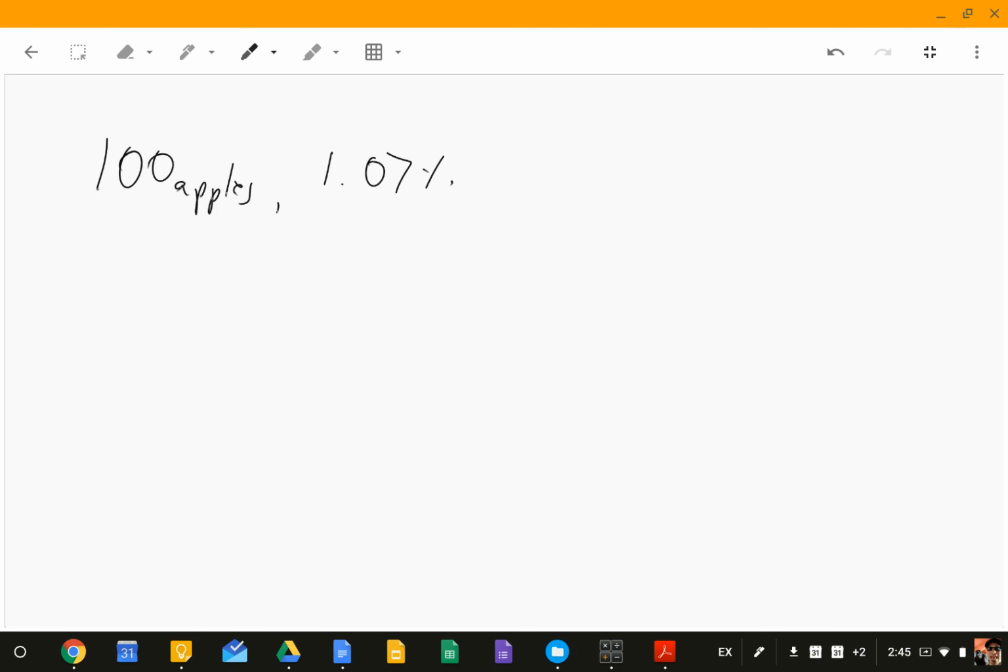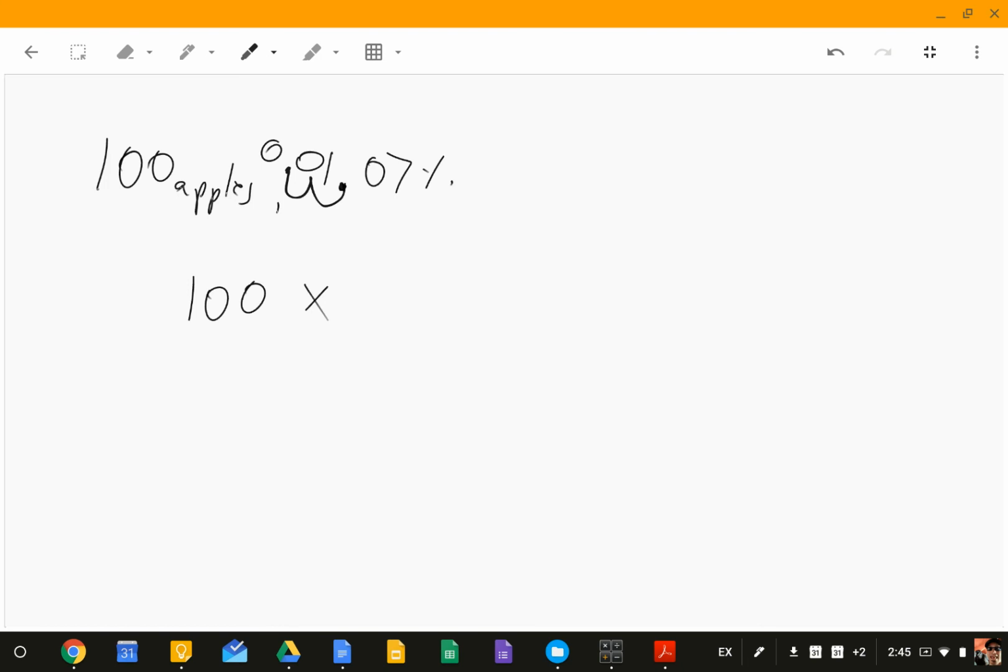How many apples are yellow? That's really easy. You're going to do 100 times 1.07%. The only thing is, remember a percent you have to change it back to its decimal form by dividing by 100, because to make a percent, you multiplied by 100. So to turn a percent back into its decimal form, you divide by 100, or you could do it easier. You move the decimal to the left 2 places. So 1.07% is really the number